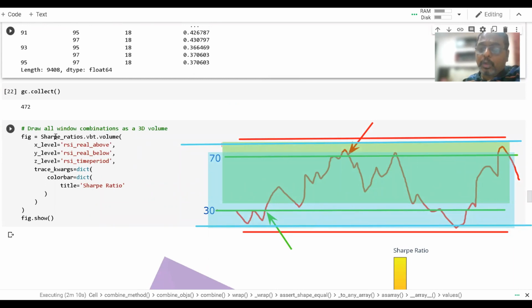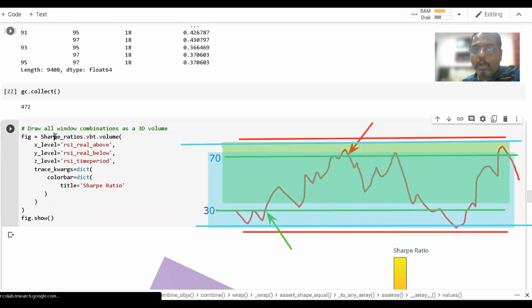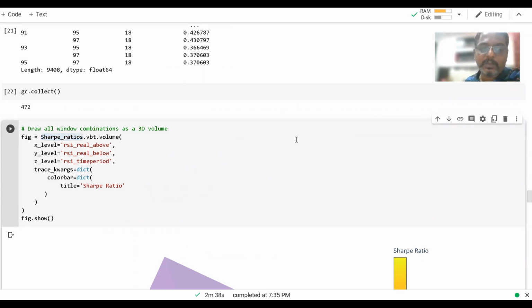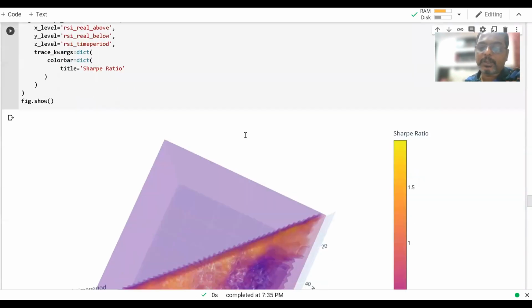Now, the most important thing which I could not show in the class is that I am able to visualize this. In the class, we talked about what are the best levels and how do we find the best drawdown levels and best Sharpe ratios and so on, which is useful, but a visual representation is really interesting, and we are able to take a lot of learnings from that. Okay, so let's look at the Sharpe ratio here.